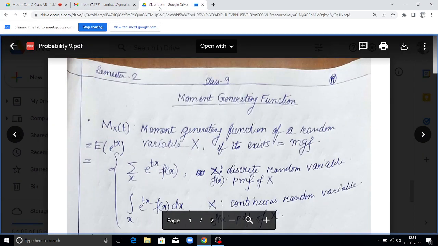So the moment generating function M_X(t) is given by the expectation of e to the power t capital X. Now this capital X, as you have learnt earlier, is a random variable. Earlier in semester 1 we came across normal variables. Capital X is a random variable, which means that, unlike normal frequency type variables, a chance factor or a probability has been associated with it. For example,